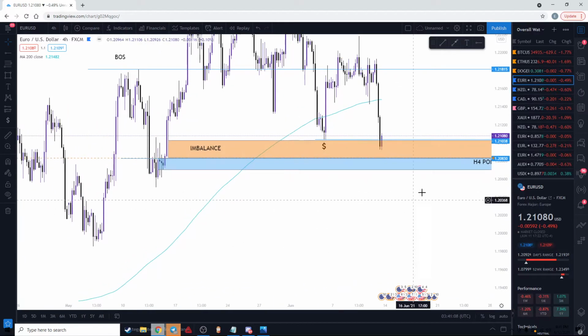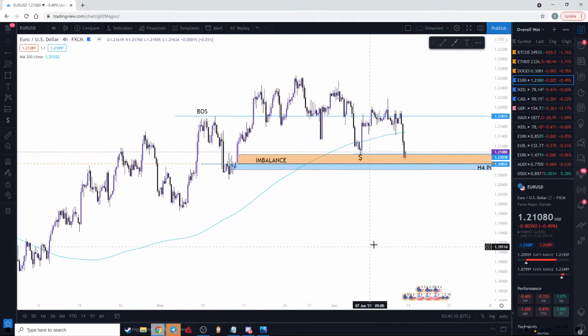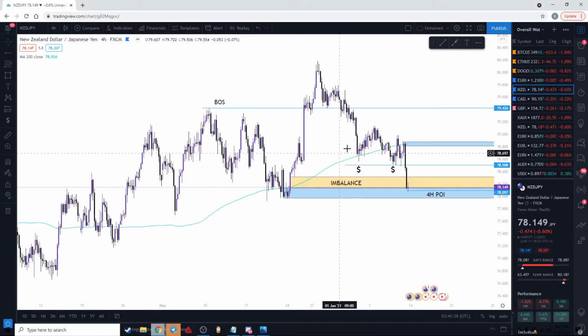Okay, so again, I hope that made sense. I know this might seem foreign to some of you guys, but if you have been following this style of trading, institutional forex trading, for a little bit, you're going to know exactly what I'm saying. So that's what I'm looking for on EURUSD. Basically just waiting for it to come into this 20820 level, and then we're going to be looking for a break of structure on lower time frames, which I'm going to get into in just a second. So with that said, let's jump into